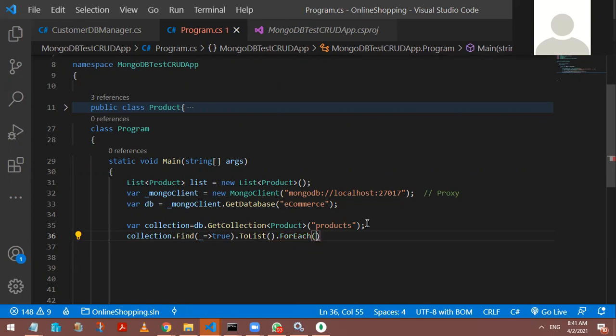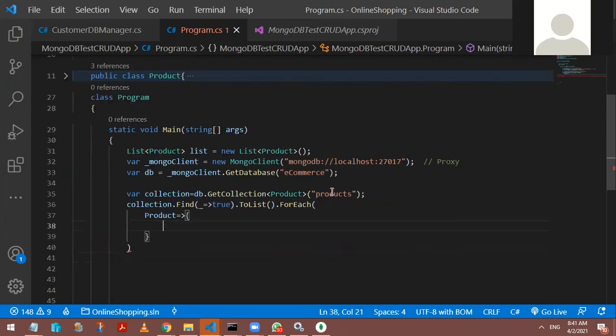And for that ForEach, can I define some kind of lambda expression? Get each and every product. From where? See the code. Am I using all good practice of writing the lines of code? So the collection has a Find method. If it finds a record, get all those records and put them under this ToList object. Once you get the ToList object, then iterate that loop. So can I just directly write here foreach product? And now under this product, can I do that particular displaying of each and every data?